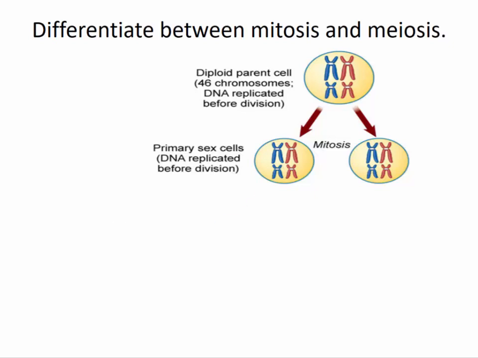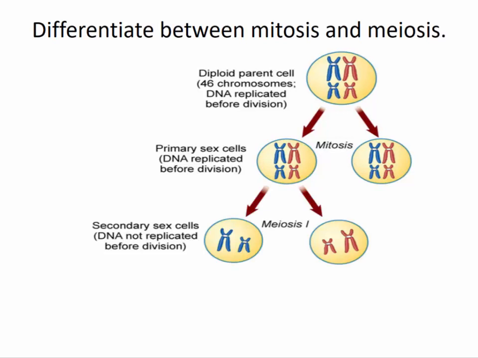But then meiosis is the process of taking those primary sex cells, dividing them into secondary sex cells, where, as you can see here, we actually have half the number of chromosomes, 23 chromosomes. That's because in this case, for the sex cells, the chromosomes align along the equator beside each other. So you're pulling one chromosome 1 into the one cell and one chromosome 1 into the other cell, one chromosome 2 and one chromosome 2 into each of the two cells. That happens for all 46 chromosomes.